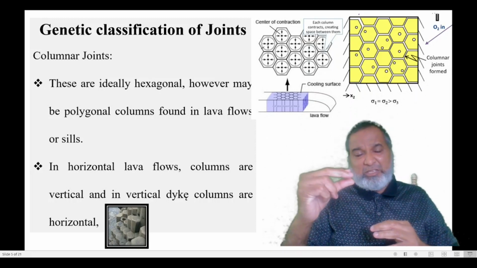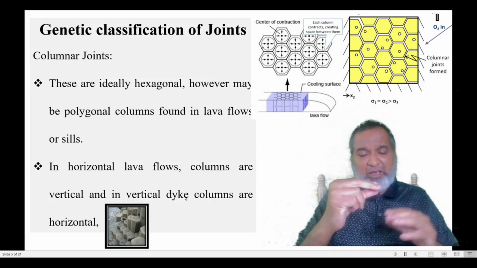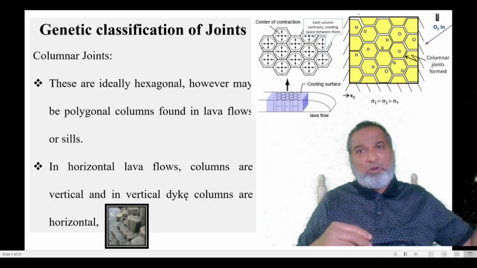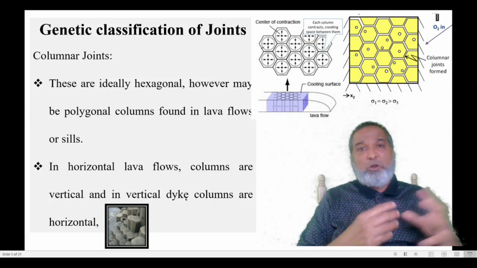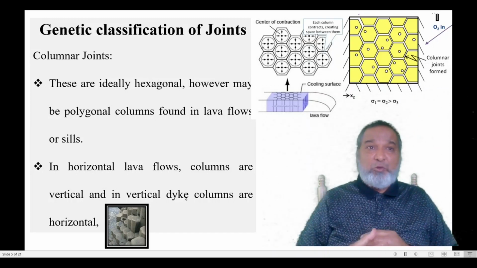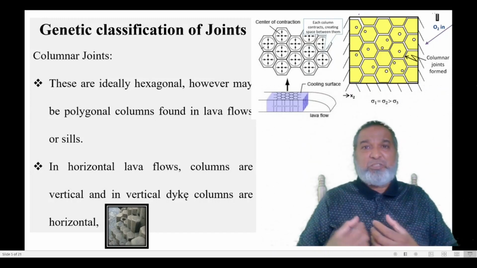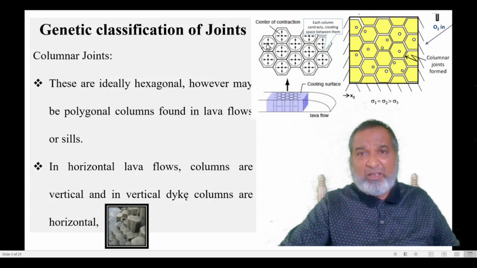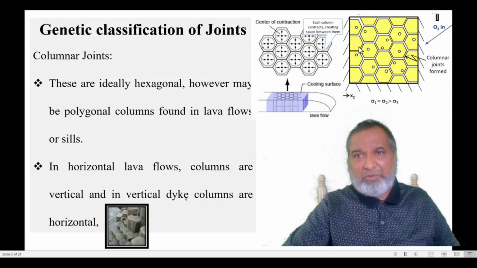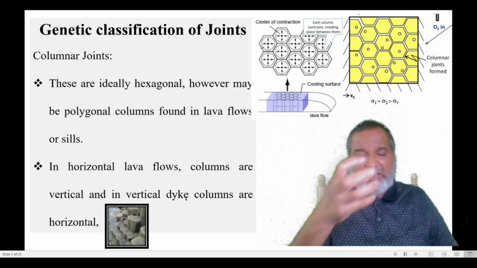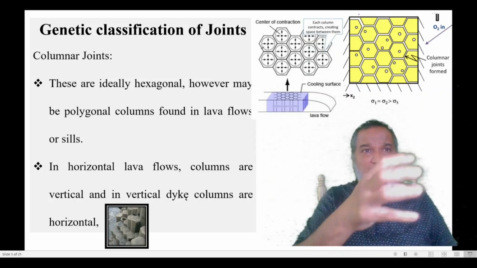So the thickness of that material will be everywhere. As you go a long distance, it travels longer, and now it starts cooling. So centers of contraction are going to form. Here we are seeing these centers of contraction formed at various places, and towards them the elements will be contracted.